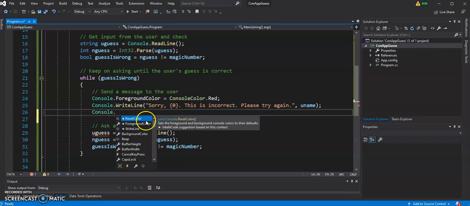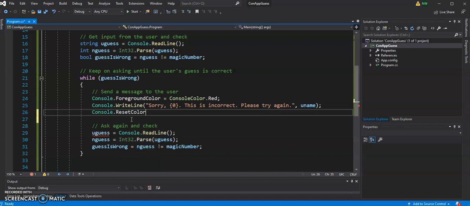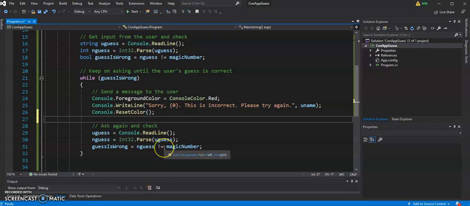So I'm going to, oh wow, this is really smart. Okay, so this is not only alphabetical, but it's guessing what we are trying to do next. Okay, so we say ResetColor. Yes, thank you very much, Visual Studio. So we reset the color, and then